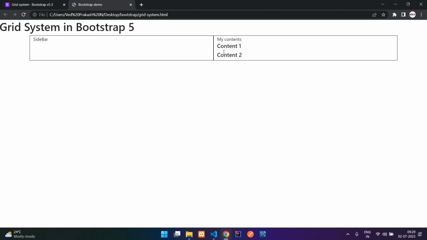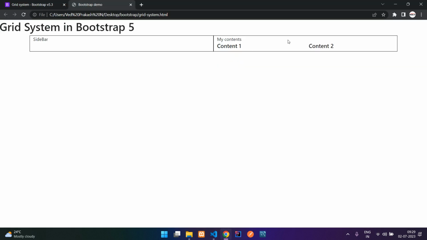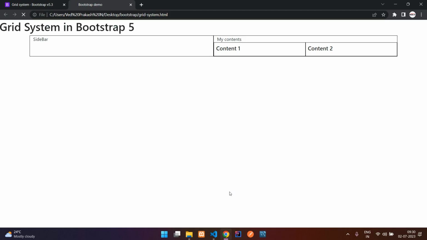Here it works, but I just want to divide this content by 6, so you can utilize that also, 6 and 6. Let's save, refresh. Okay, awesome. So if you want, you can just add a class here. Let me add padding and also the border. Let's save and refresh. Okay, perfect. So we have also seen guys how we can create a nested grid system in the